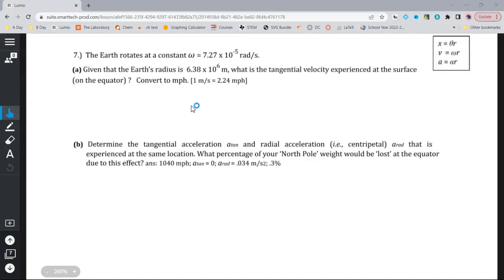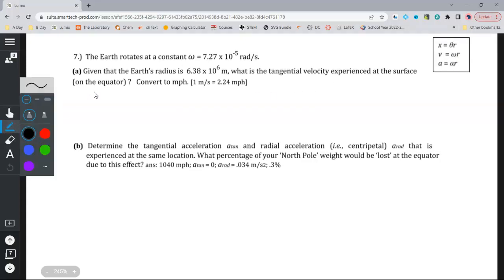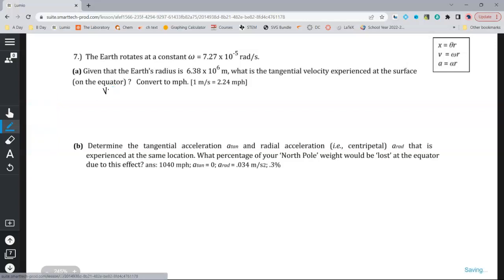So step one, we are going to be looking at how we are going to find tangential velocity. Well, right over here we have that v is equal to r omega. So let's switch over to the pen. We have that v is equal to r omega. Our r is going to be 6.38 times 10 to the 6th, and that is in meters. And we are going to multiply that by our omega, which is